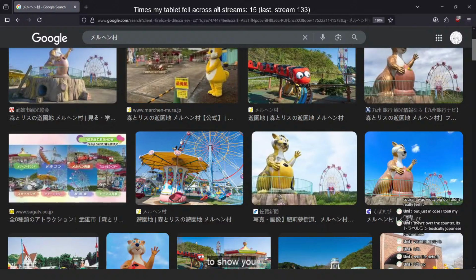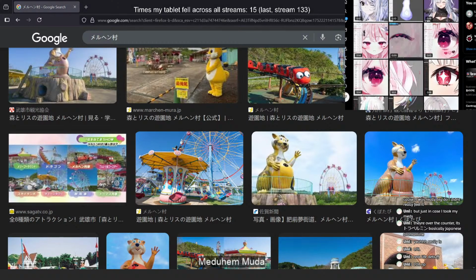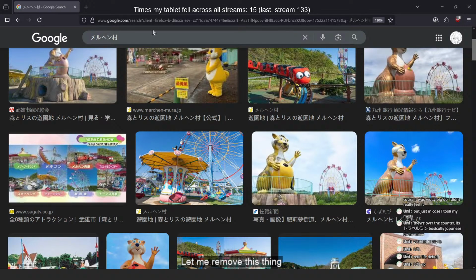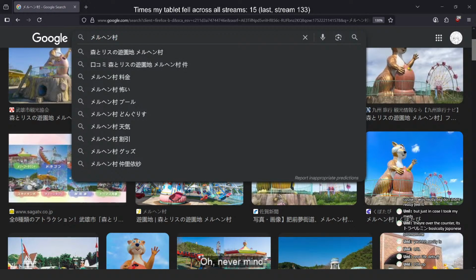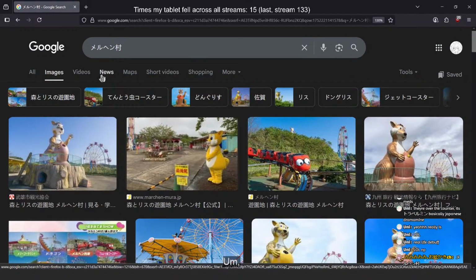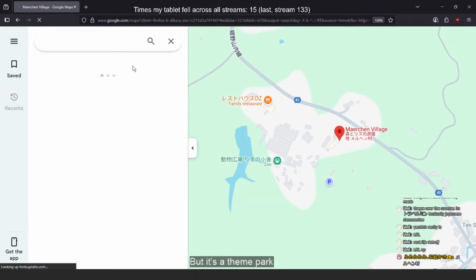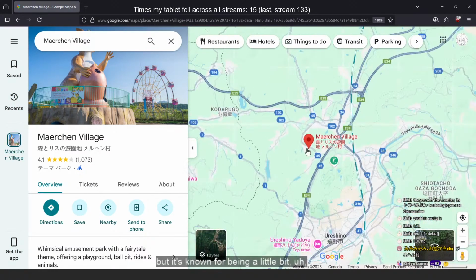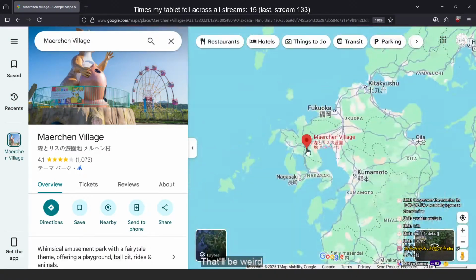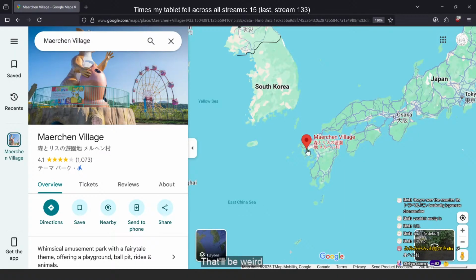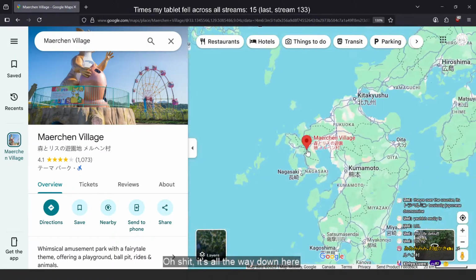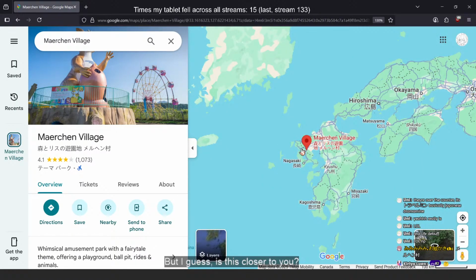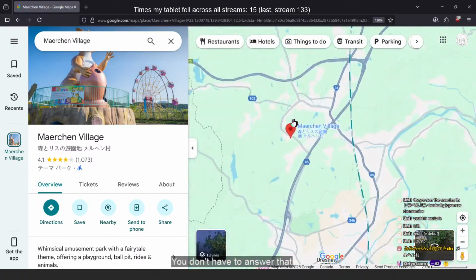There is this theme park by the name of Meruhen Muda. Let me remove this thing. This thing kind of annoying. Oh, never mind. It's already removed. I forgot where this is. Let me see where it is. But it's a theme park basically in like an Inaka area, but it's known for being a little bit weird. Oh shit! It's all the way down here. But I guess is this closer to you? I think you move a little bit south, right? You don't have to answer that, but